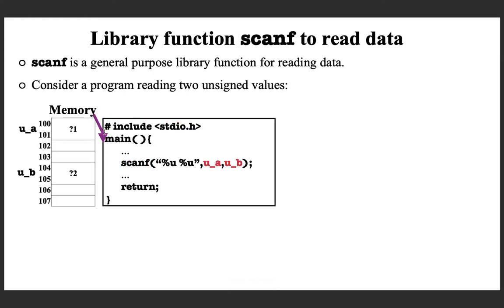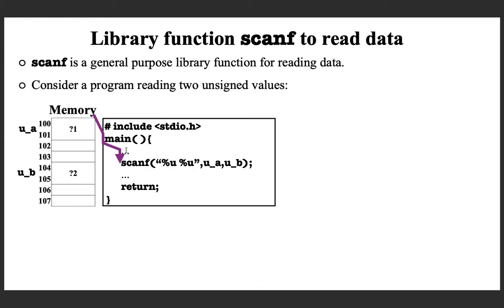Now the moment the main function is executed, the variables in that function are getting memory allocated. You can see at least two variables, UA and UB. Please don't worry about the syntax of this statement, that I will explain later. So these two are getting memory allocated, and we don't know what values are there. An unknown value 1 and unknown value 2 are there in these locations.